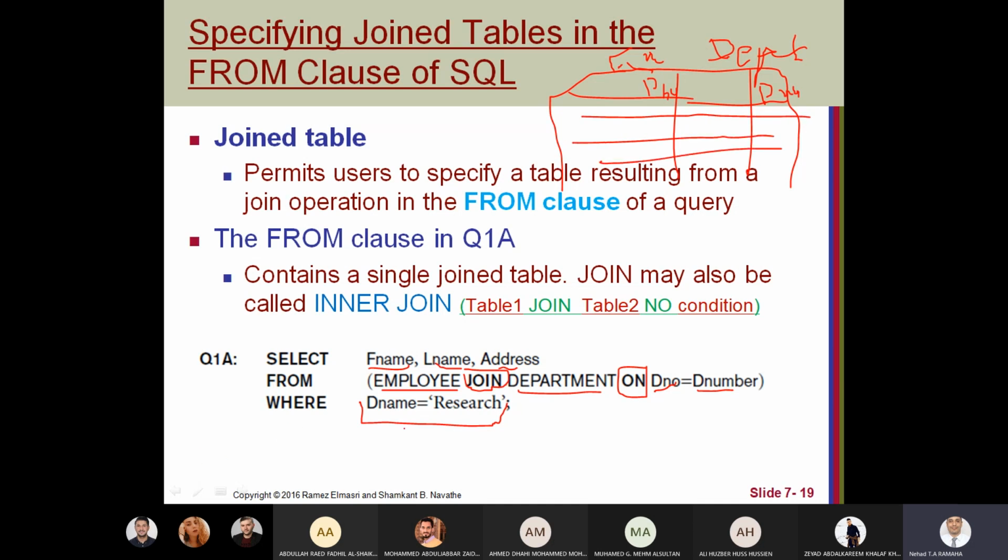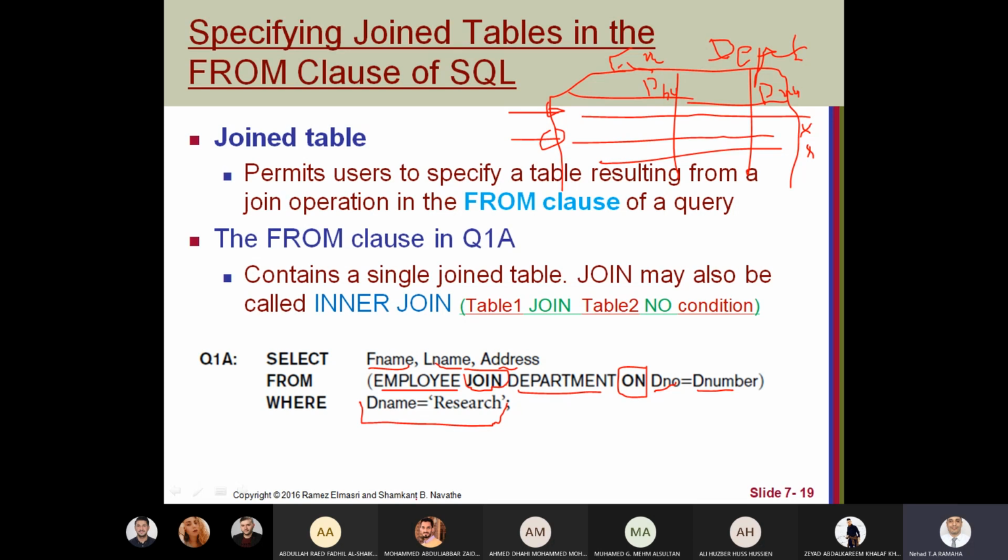Now, after where D name equal research, we only take these tuples from the joining result when we have D name equal research.